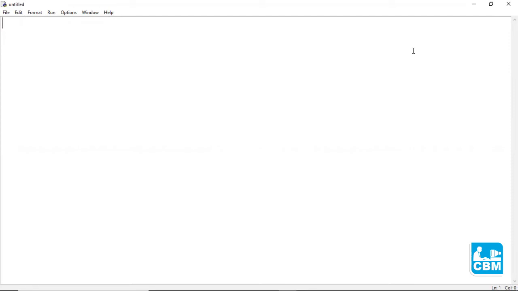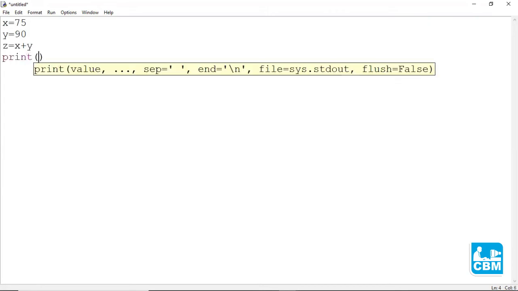So now let's write a program to perform addition of two numbers and print the result on the output screen. x is equal to 75, y is equal to 90, z is equal to x plus y, print the sum of two numbers is, comma, z.